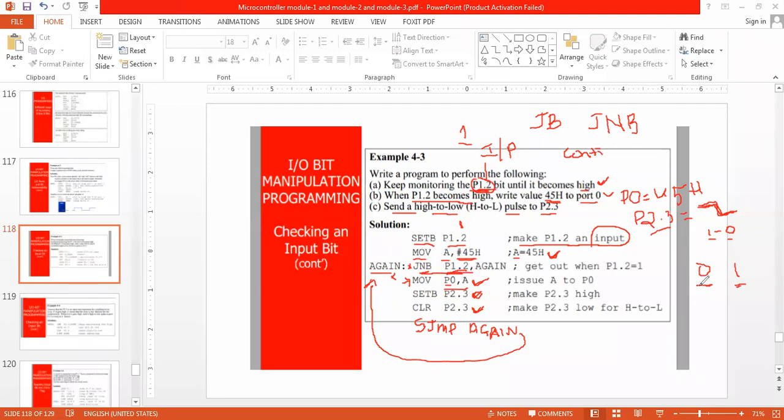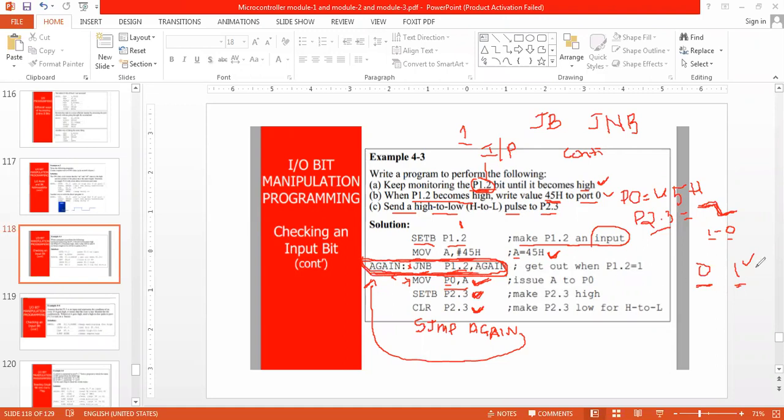If the incoming value is 0, I am repeating this instruction continuously. If sometime P1.2 goes 1, then these 3 instructions are executed, and later I go back to check the value of P1.2.